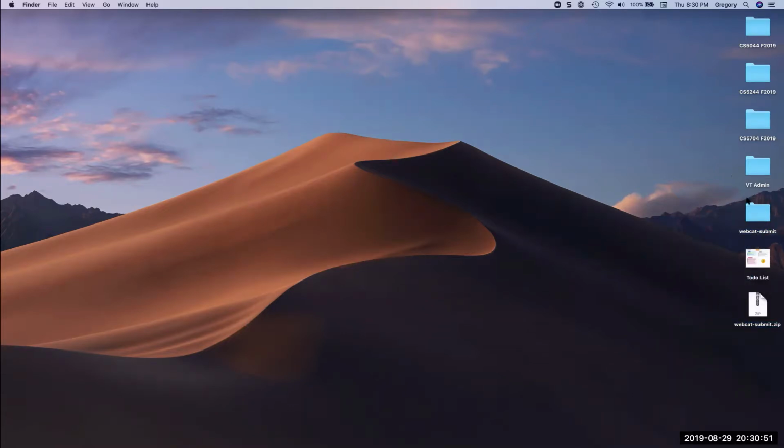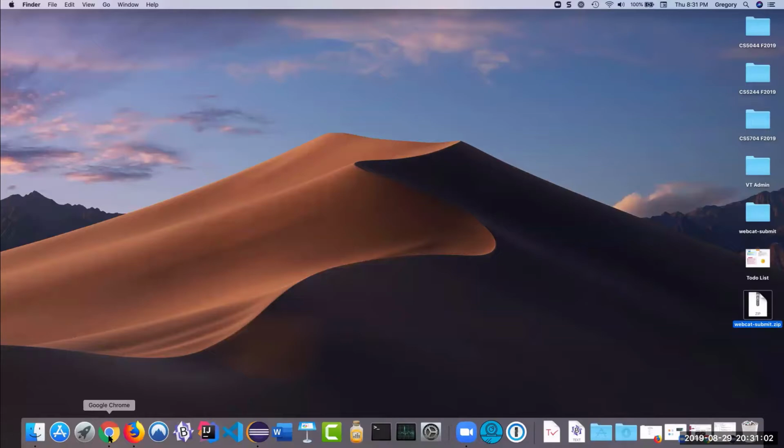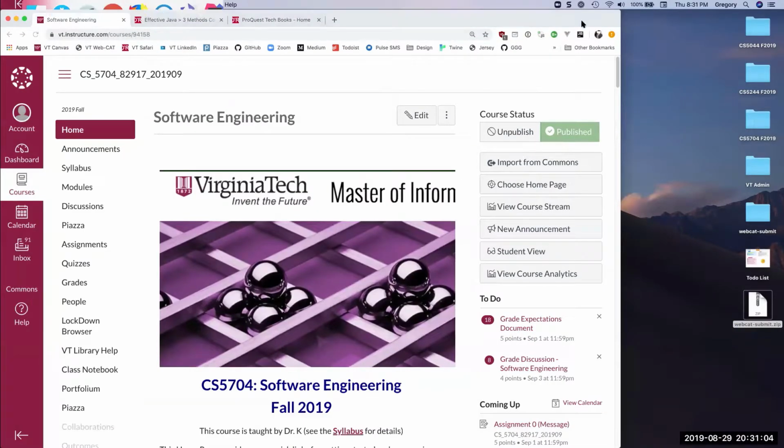Okay, and the same thing on Windows. You have this outer folder. That seems to work better. So now I've got this Webcam Submit.zip folder here, and I should be able to just,